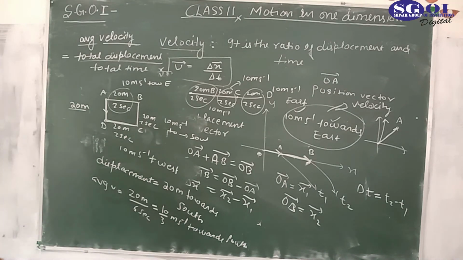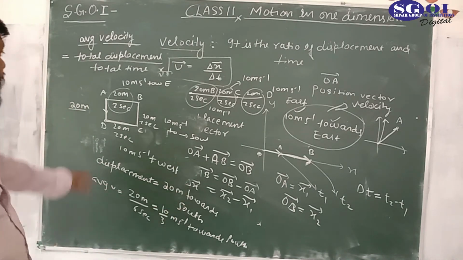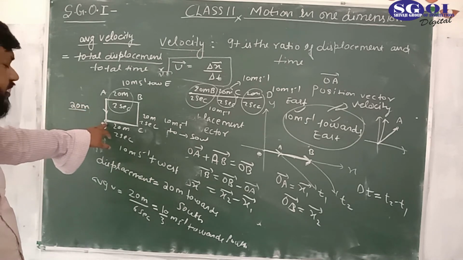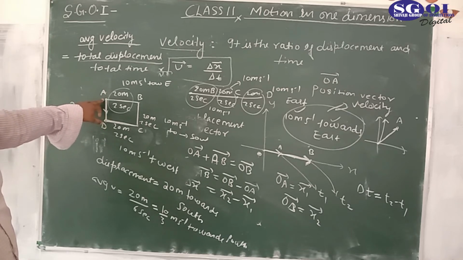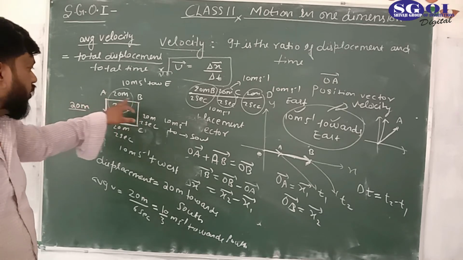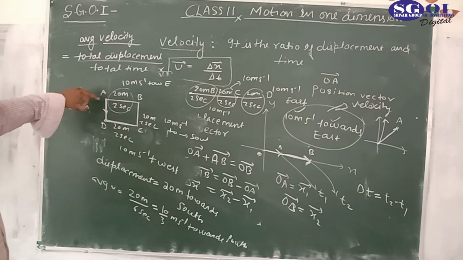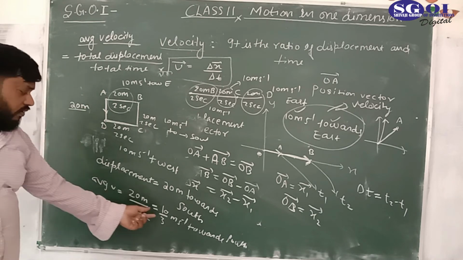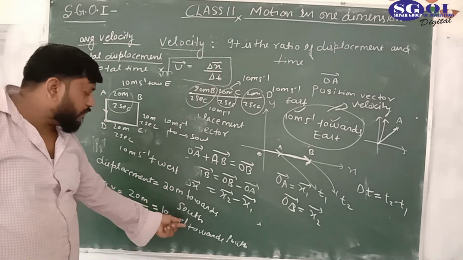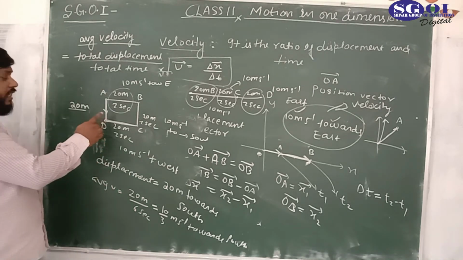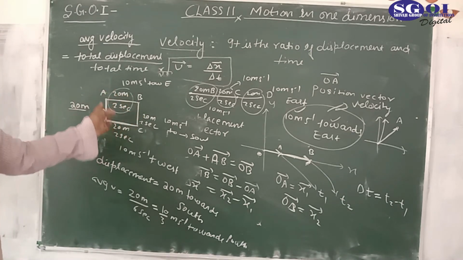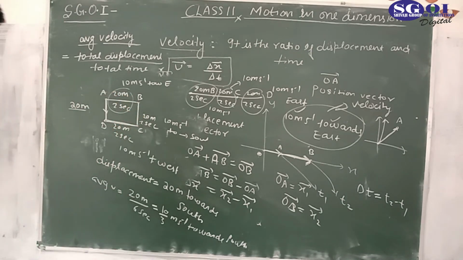So I think it's not clear. So this is the average velocity. If the object covers this journey, what is the final destination? The final destination is at D. What is the initial point of journey? It is A. Object is moving like this, A to B to C, C to D. But if it moves directly from A to D in this path, with this velocity 10 by 3 meter per second, it would reach the destination D in the same interval of time. So this is the average velocity we can say.